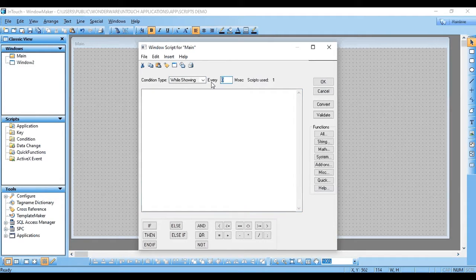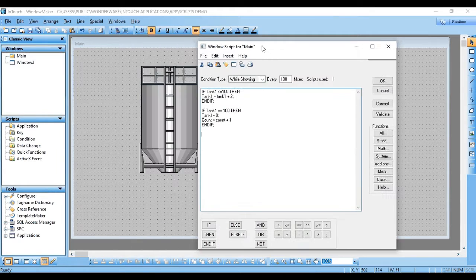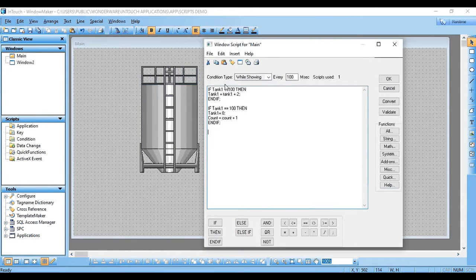Now in while showing we want our code to execute every 100 milliseconds, so change it to 100. I have directly added the code since we are just having a demo. Our script is: if tank1 is less than or equal to 100, then tank1 equal to tank1 plus 2, which means it will increment the value of tank by 2.